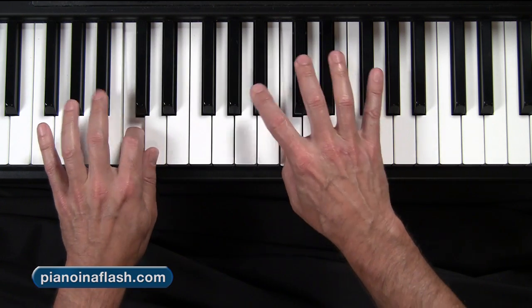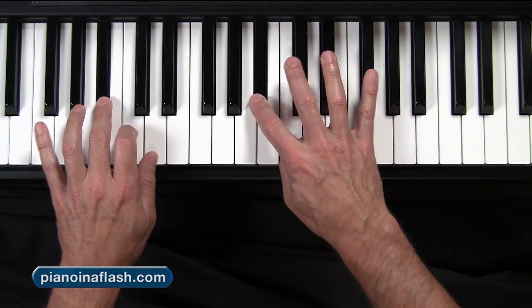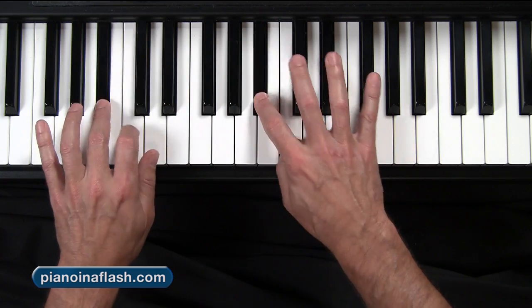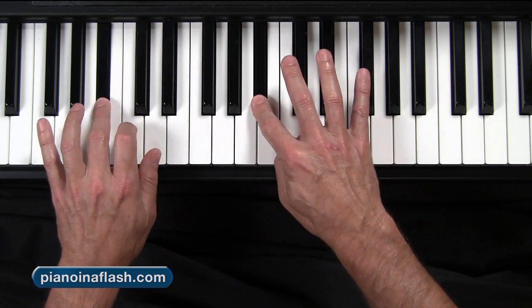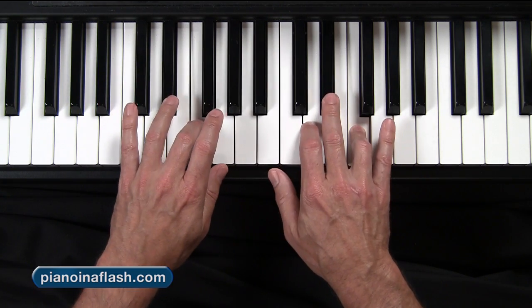Concentrate on that left hand, because that finger is not going to want to do that at the beginning here. And if this trips you up and is too fast, just either slow down the whole thing or just try to get to that one point. Play the slower portions with me, even if the faster